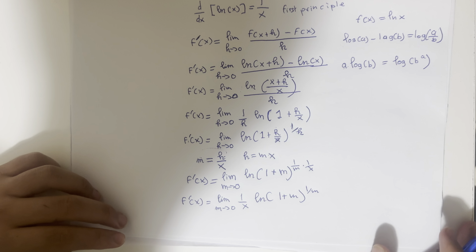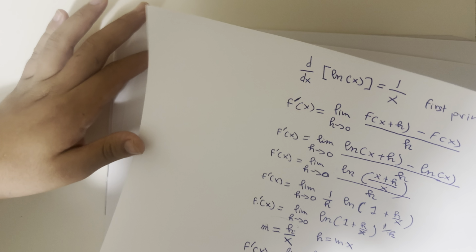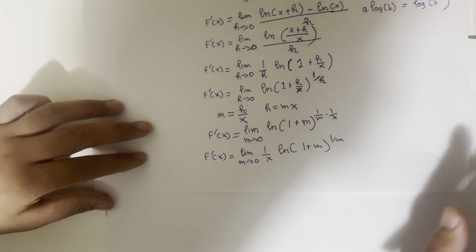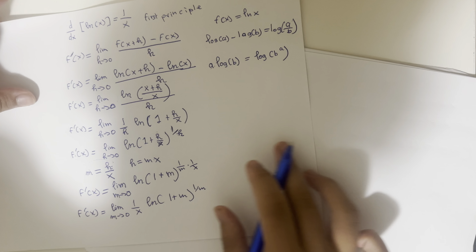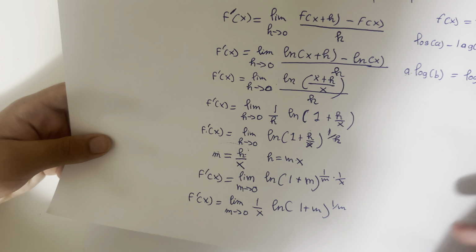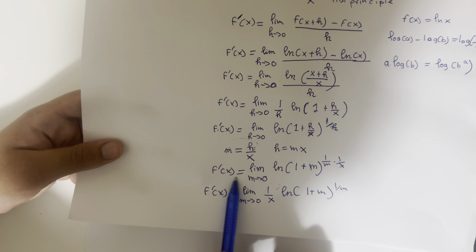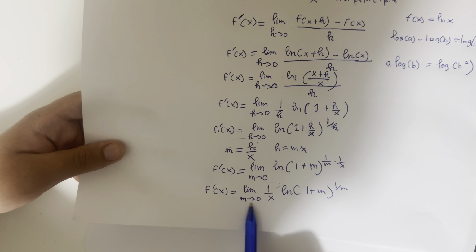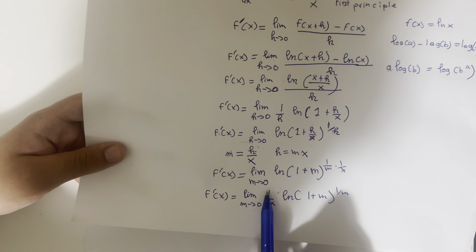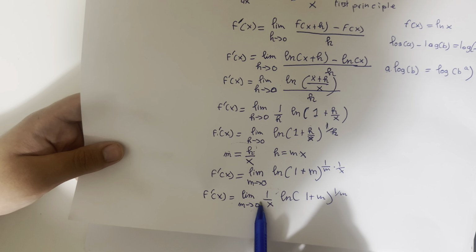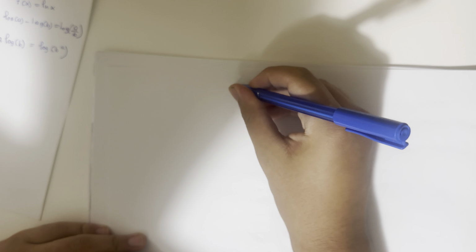And I'm going to go ahead and take a new paper for this. But first, let me explain what I'm going to do next. Since this limit is in terms of m, as m approaches 0, we can sort of treat 1 over x as a constant. So I can go ahead and take that out of the limit. So that's what I'm going to do right now. So we have f prime of x